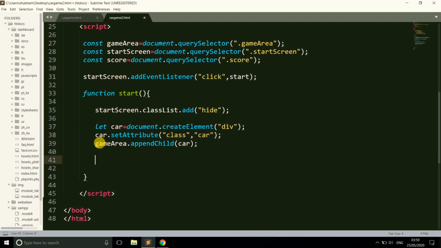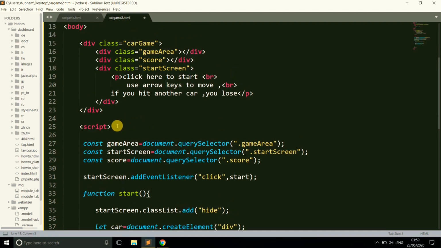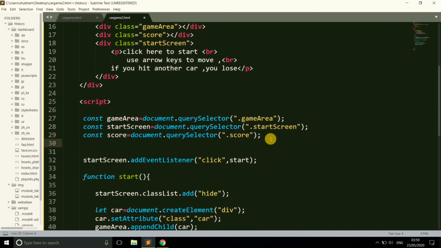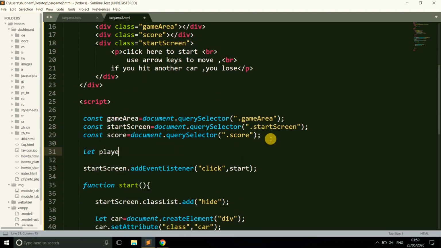So just append it in the game area. We also make an object which is player, and give it some values: score 0 and speed 6. So here we give two values in the player.